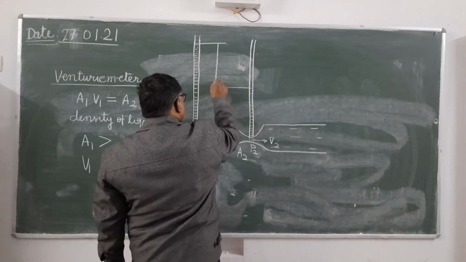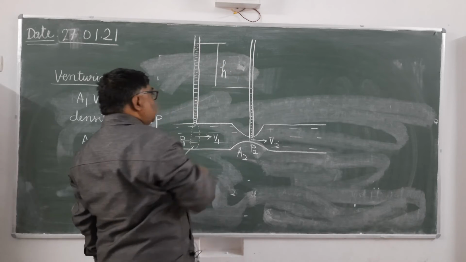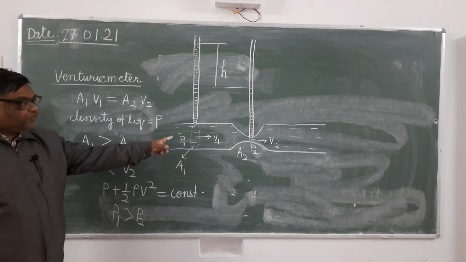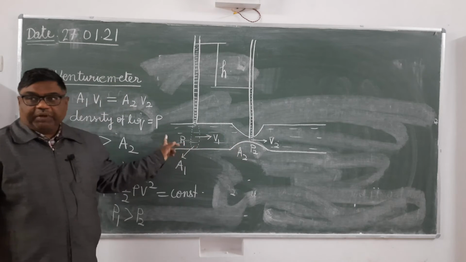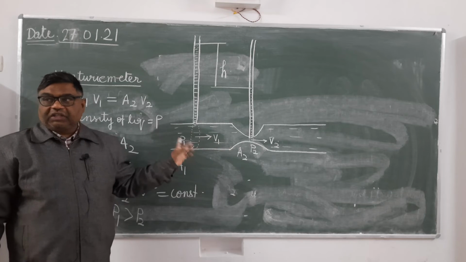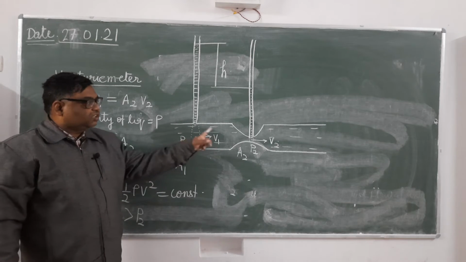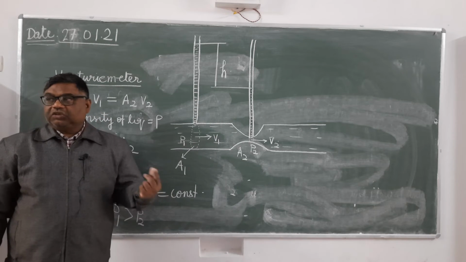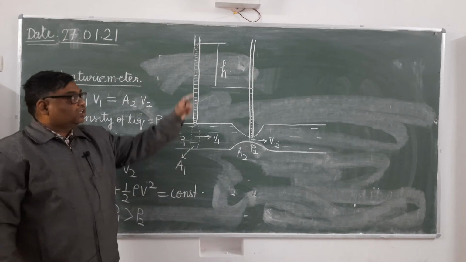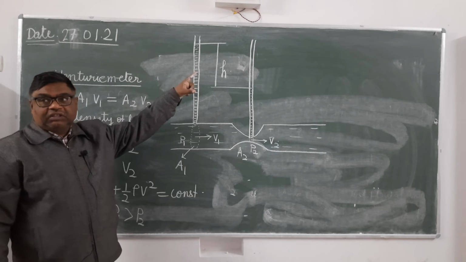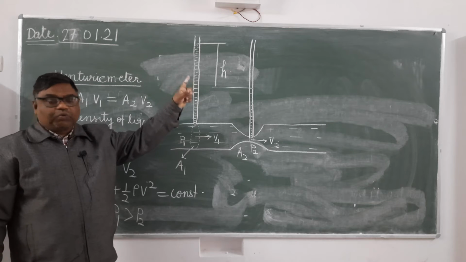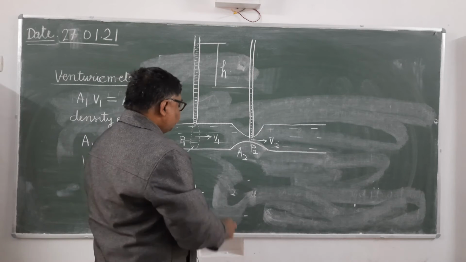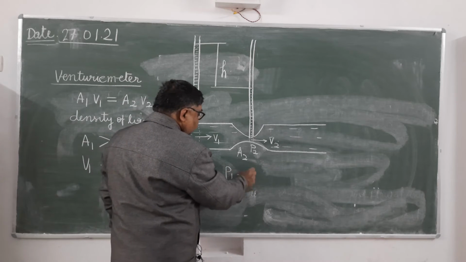What will be the height difference here? This height difference is equal to h. And this will be corresponding to the pressure difference between these two cross sections. Suppose pressures are the same, then both the heights will be the same, and there is no pressure difference. Greater the height difference, greater is the level difference, more will be the pressure difference. Or you can say here that P1 minus P2 will be equal to